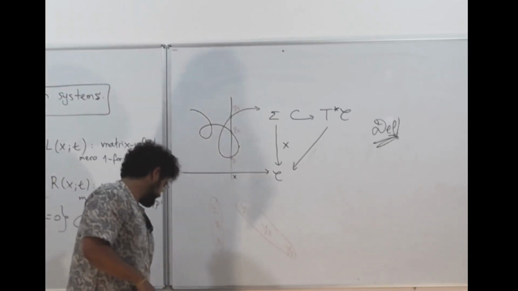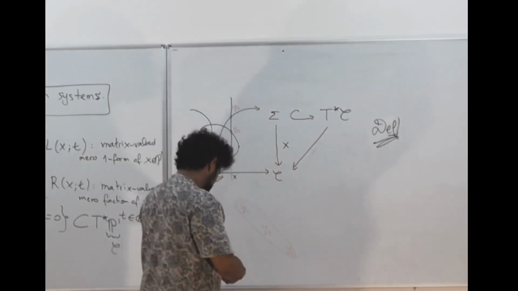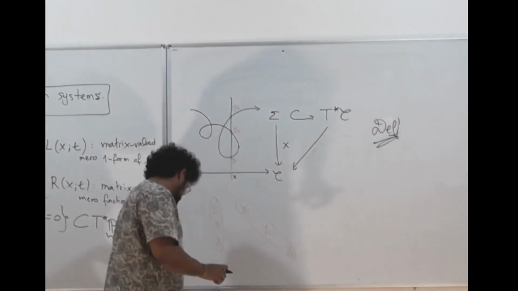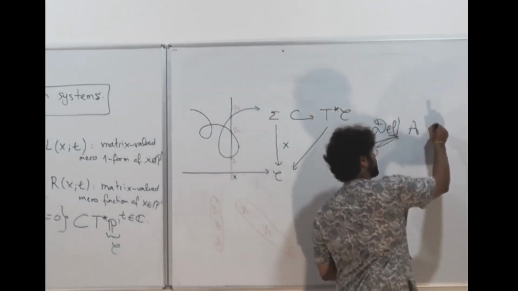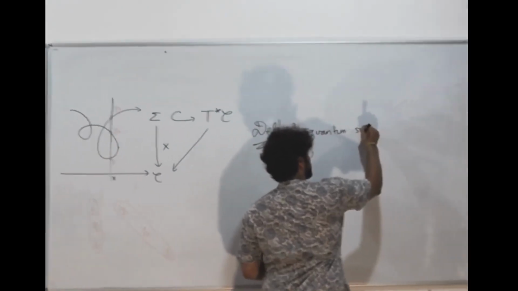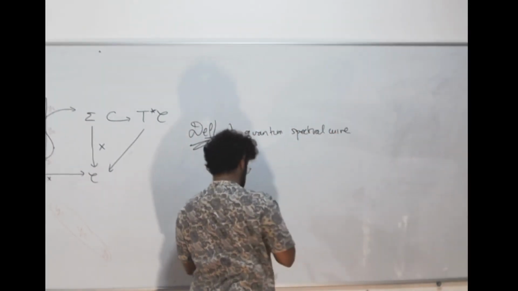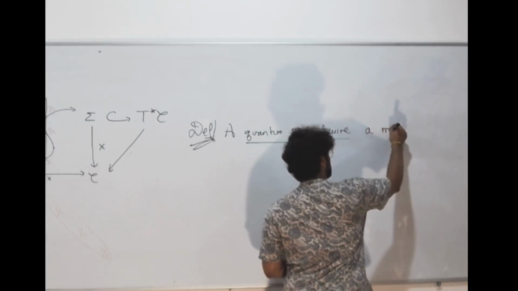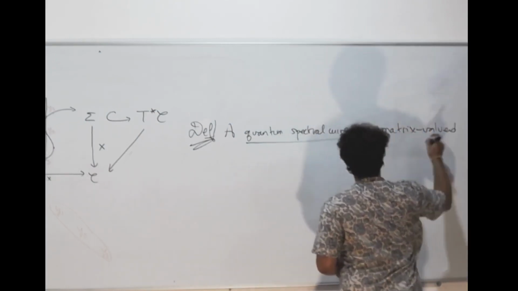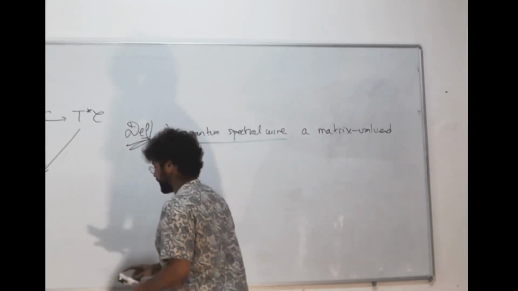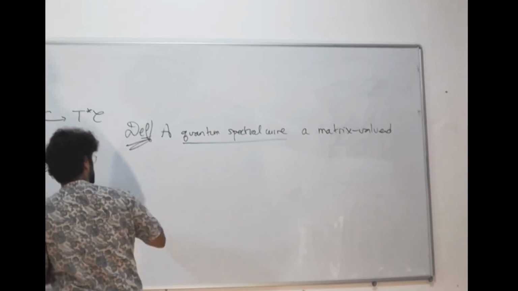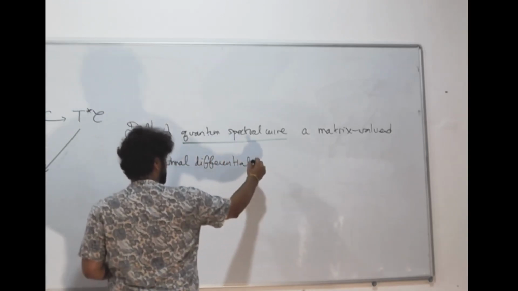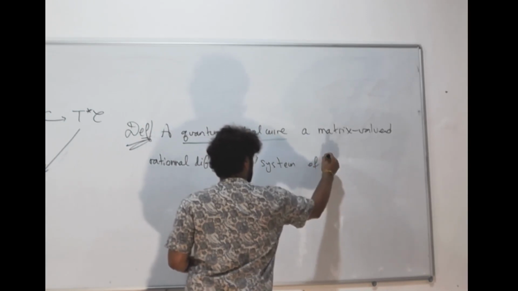Okay, so definition. Instead of going through bundles and connections and whatnot, I'm just going to define a quantum spectral curve to be a matrix valued meromorphic, or actually rational, differential system of the form